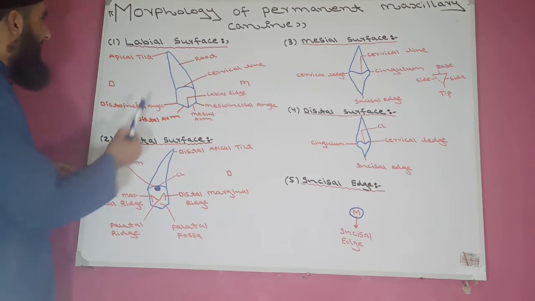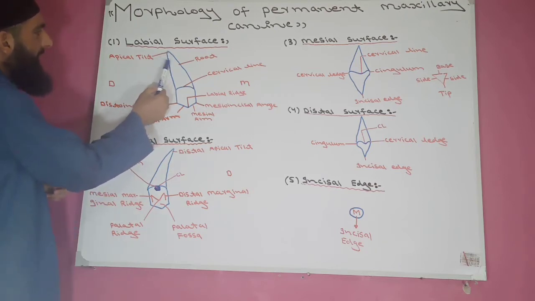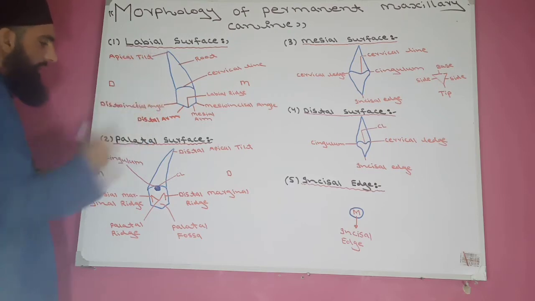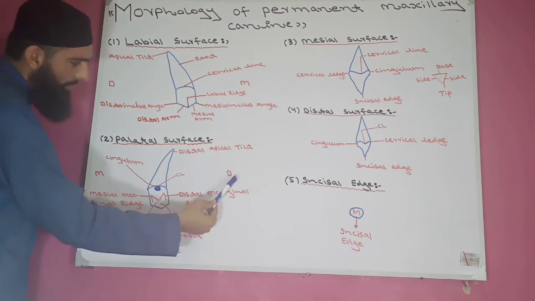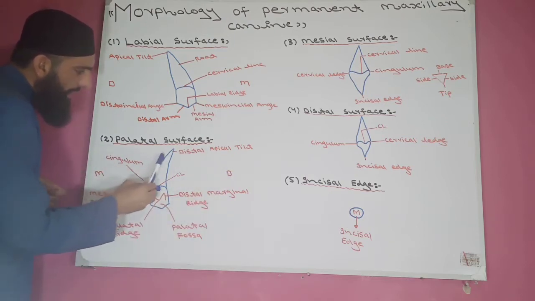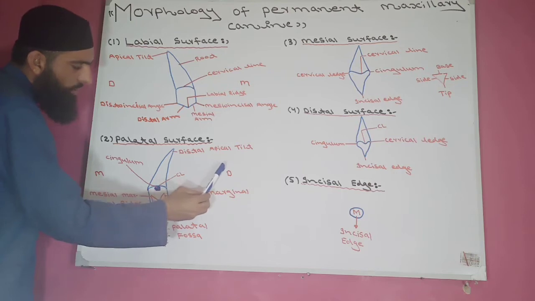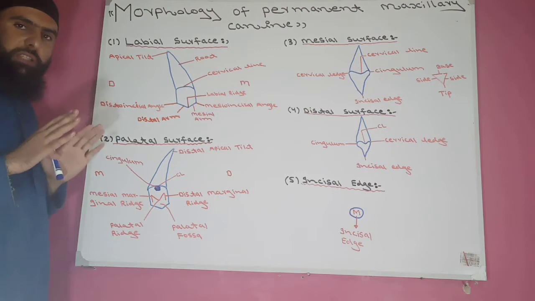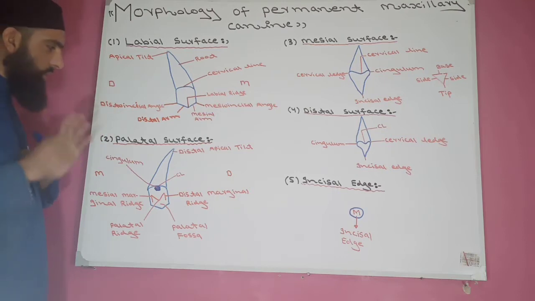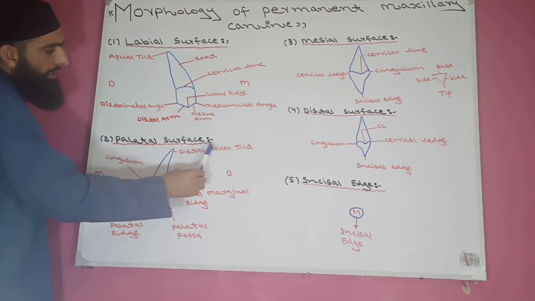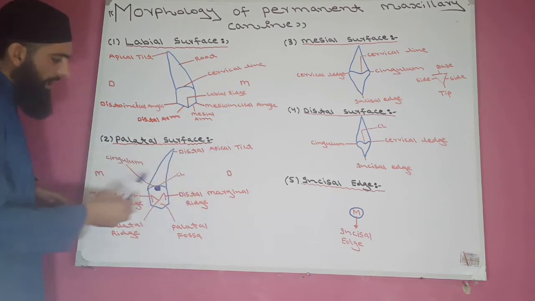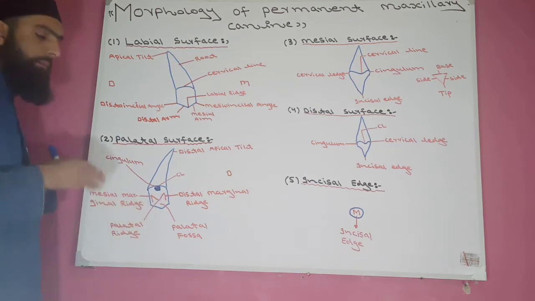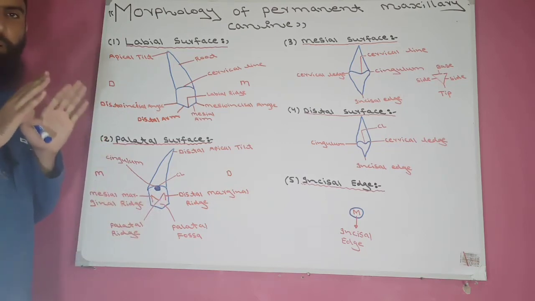Now, here the apical tilt of the root is toward the distal surface. Here this is the apical tilt, but here the distal surface has come here on the tooth. Now again the apical tilt of the root is toward the distal surface, distal apical tilt. When we watch the palatal surface of the tooth, first the root will be tilted apically toward the distal surface, and this is the cervical line. Now come to the crown of the palatal surface of the maxillary permanent canine.